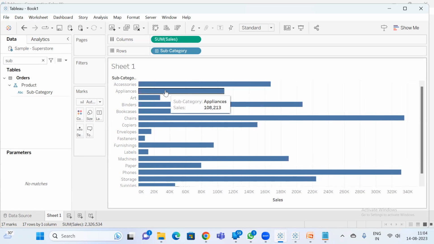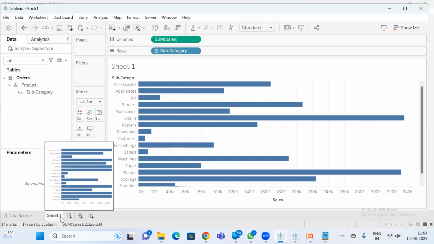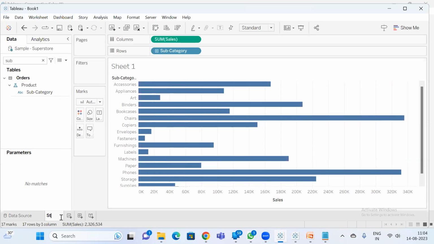And I want to compare each and every subcategory with the other subcategories. I want to compare accessories with appliances, appliances with art, art with binders. That is called a comparative sales analysis. So this is step one. Let me make a duplicate. In step two, we are going to make